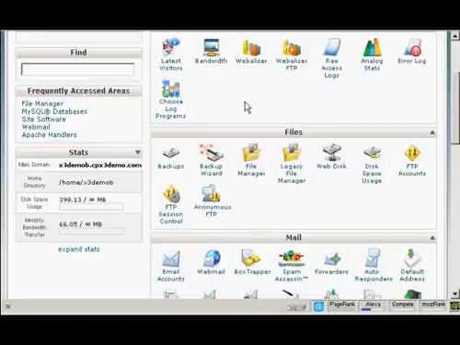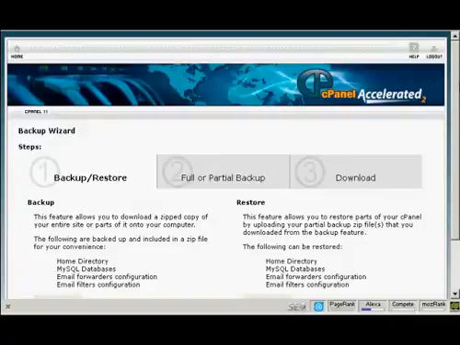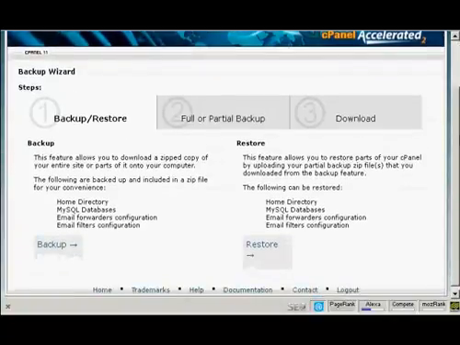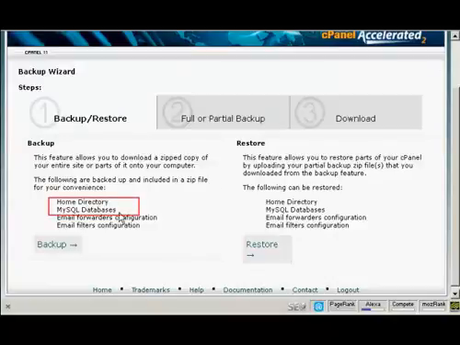Okay, in cPanel, come down here to where it says Files, and then click here on Backup Wizard. And it gives you the steps here. You can back up or restore. And what you want to back up really are the two things that you need for your WordPress blog to work, which are the home directory and the MySQL databases. The things like email forwarders configuration and email filters configuration are more to do with the actual running of your website. So we click on Backup,